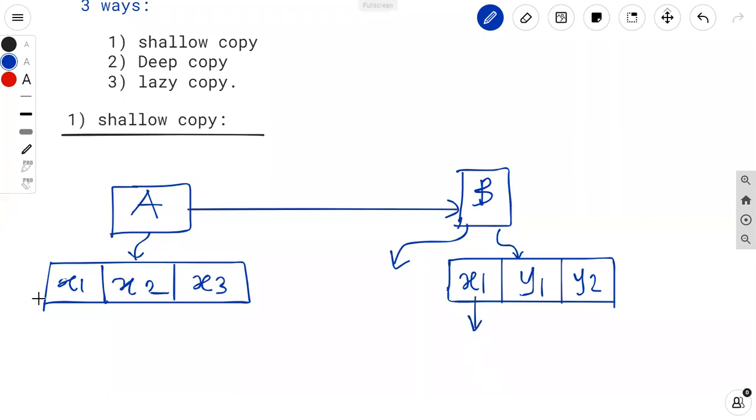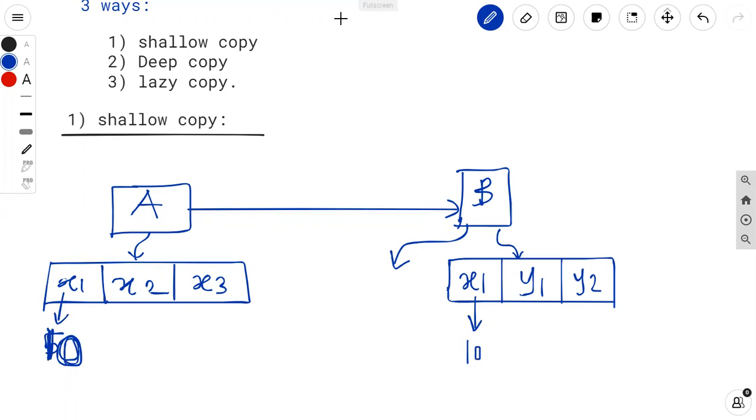Previously the value of x1 is 5, and in object B I change the value of x1 to 10. Then this changed value is also reflected in the previous object, so x1 in A will become 10. So it reflects the changes in shallow copying. So this is the disadvantage of shallow copying.